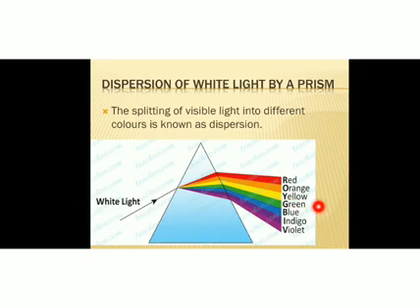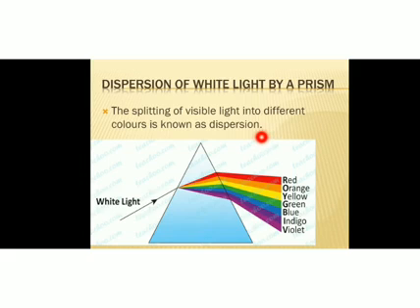Okay, and which are the different colors in that spectrum? Violet, indigo, blue, green, yellow, orange, red. That is our VIBGYOR. So whenever white light is passed through a glass prism, it splits into a band of 7 colors, that is VIBGYOR. And this phenomenon is known as dispersion of light. Okay, so what is dispersion?